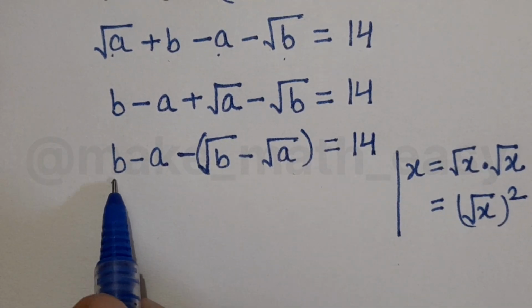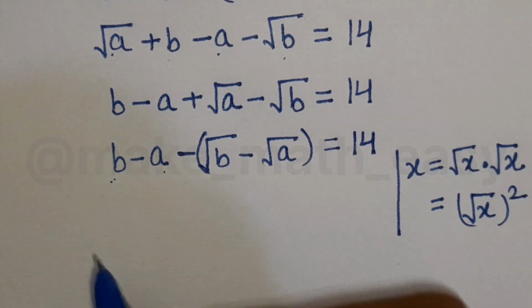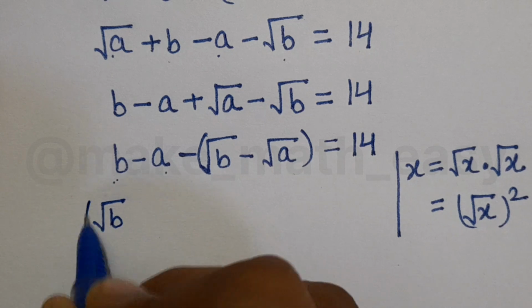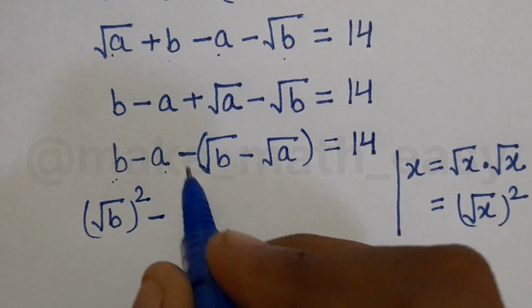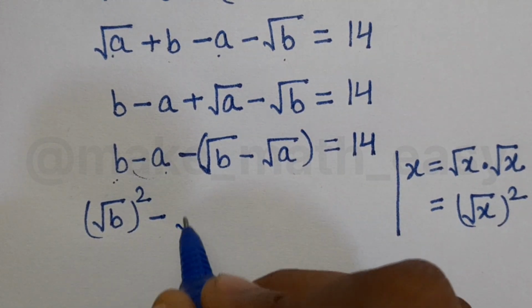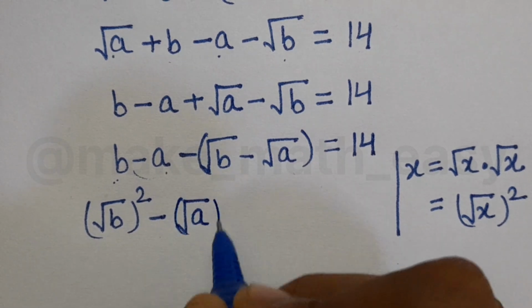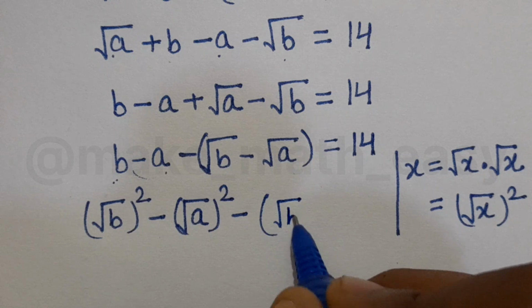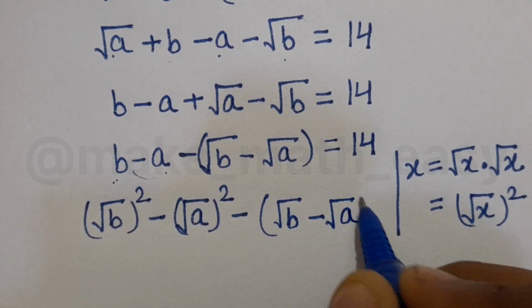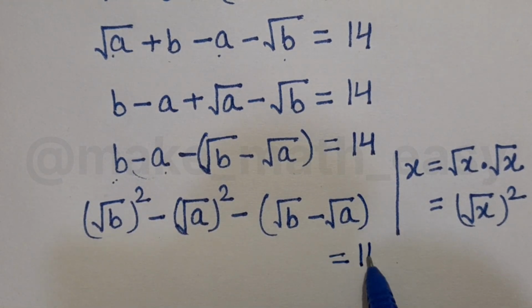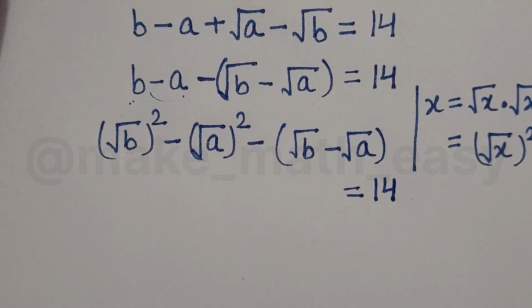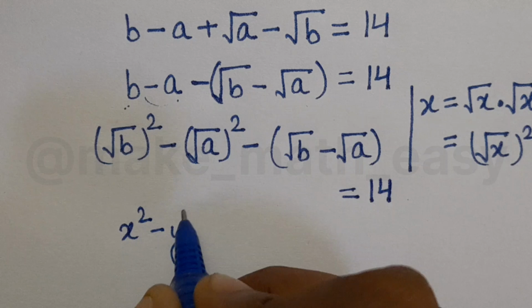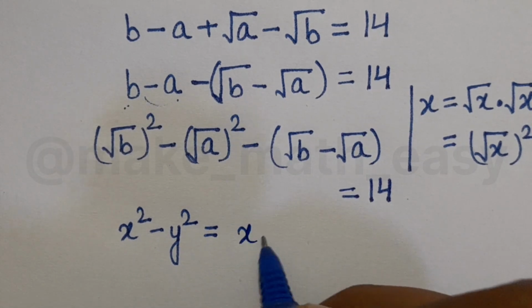So we can write these b and a the same way: b can be written as root b square, minus a can be written as root a square, minus these two terms as they are, root b minus root a equals to 14. Now applying the formula x square minus y square, which is x plus y